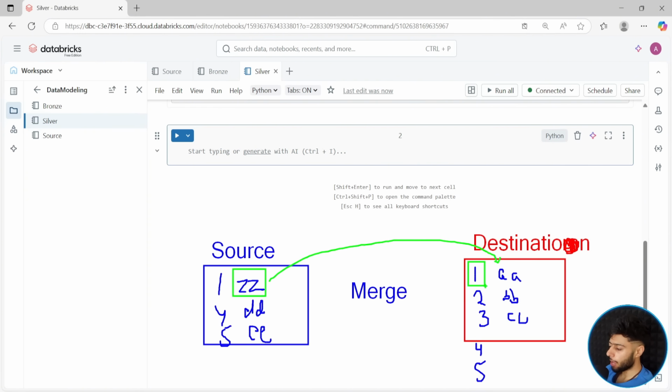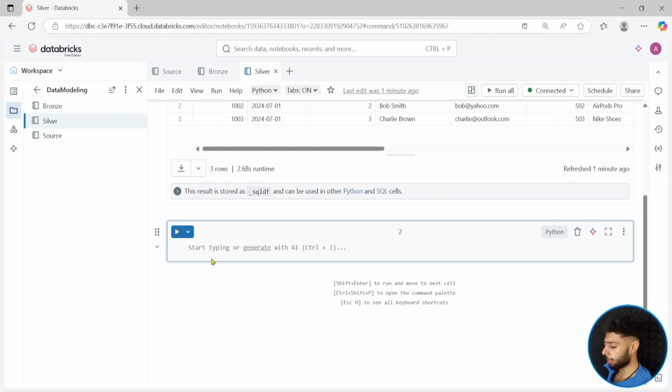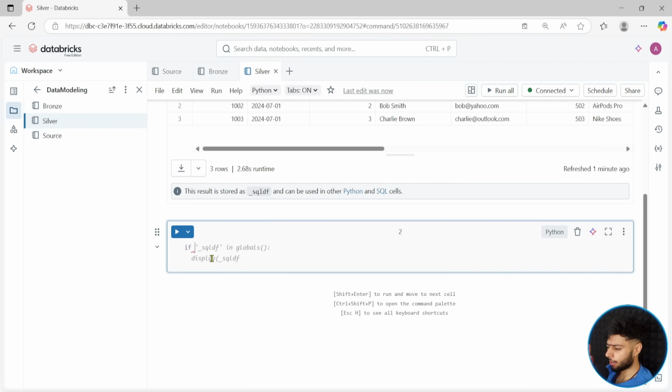So in order to apply merge, we should first of all have a destination. Obviously, common sense, right? We should have a destination at least, otherwise how can we take care of all the code? So in that particular scenario, we will use an if condition. You just need to write a little Python code. Very simple if else statement, bro. Come on, you're a data engineer. So if